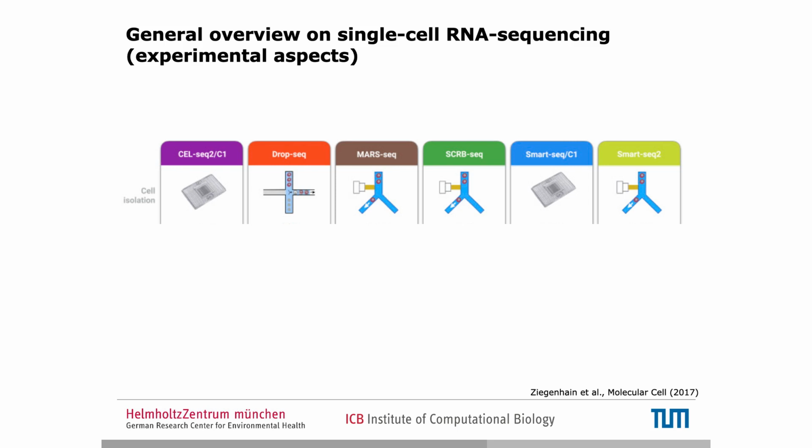So with the 10x platform, that's a droplet-based platform, the second column in orange, you have the microfluidic system. You can sequence thousands of cells, but you cannot really measure any additional factors on this. So if you want to do a FACS sorting,